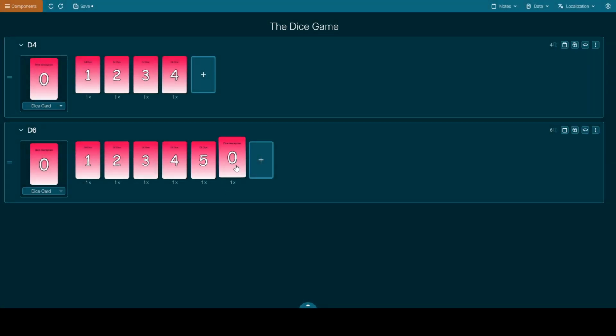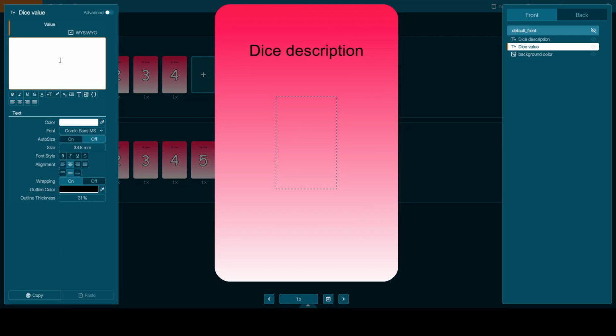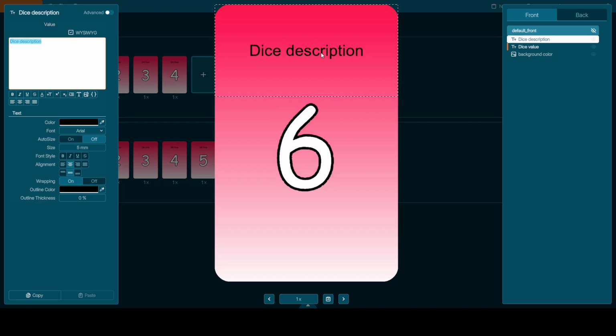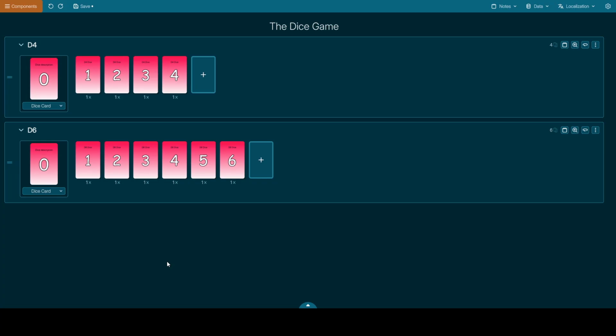And 6, like so. And now we have 2 different sets of cards.